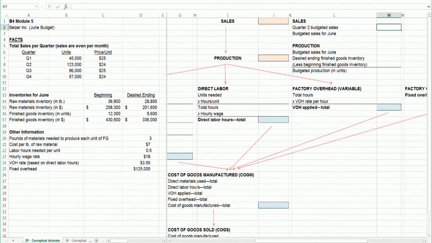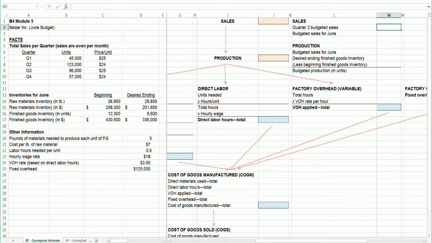So in the same way that we just went through the general process, and I've zoomed in a little bit here to make it a little easier for you guys to see, we're going to walk through it exactly the same way, except this time we're actually going to start plugging in relevant data. And it really is an exercise. I go, okay, great, I kind of know how the pieces fit together. Now the plugging starts. It's, well, what data do I need to plug into this big model to make it work? Well, let's start with sales.